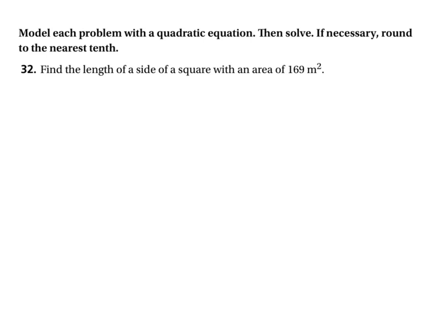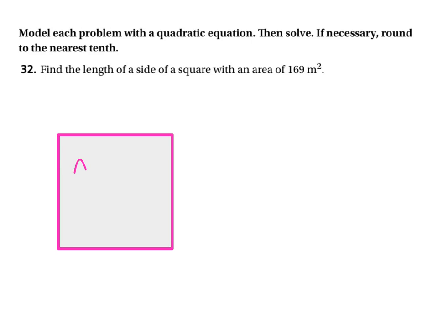Actually, let's do this because this is more fun because I have this tool actually. Let's make a square. Let's make a pink square. Love that. Okay. Better. Now, it's got an area of 169 meters squared. And the way that we find this is we say the side length